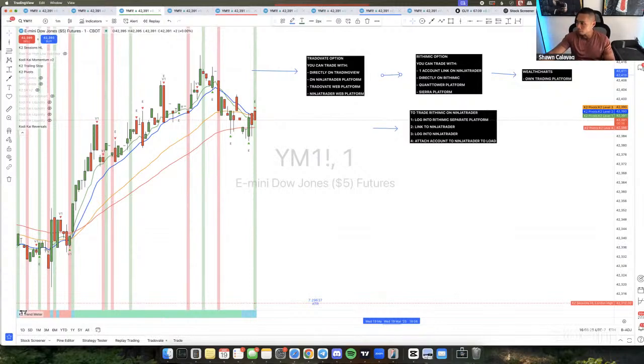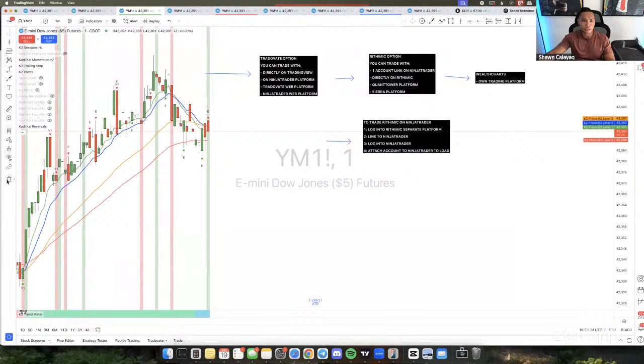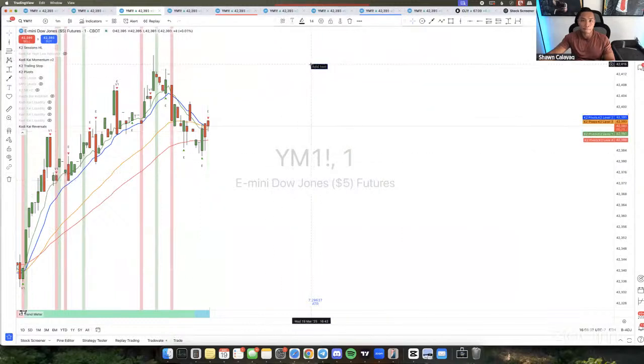Okay, Vapid said, what's the trailing drawdown max on Apex? Your trailing drawdown max depends on your specific account size. For me, I only have 300K accounts, so I don't know what the trailing drawdown is on other accounts. But for Apex 300K accounts, drawdown is 7,500. So for me, I use 10 contracts.